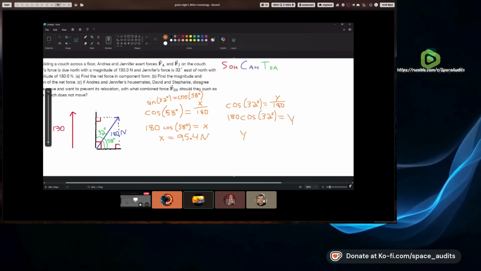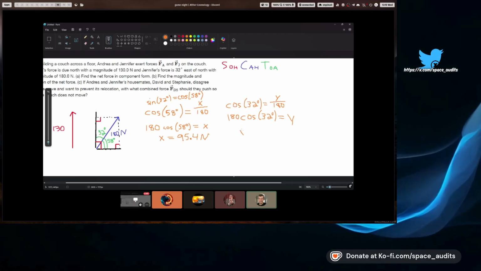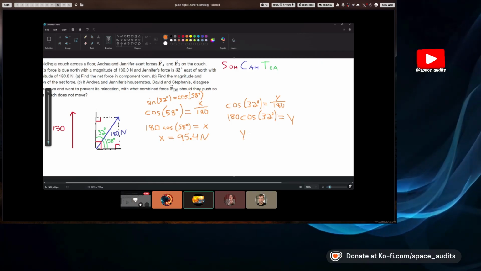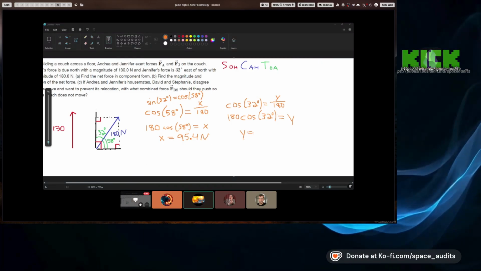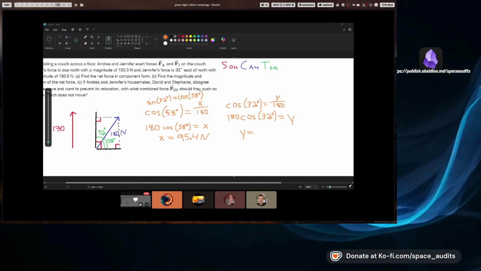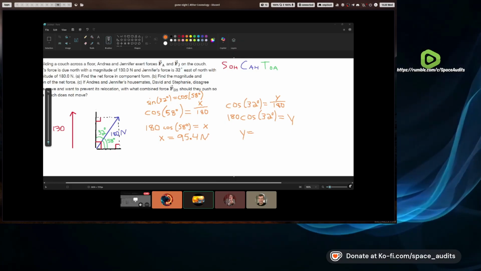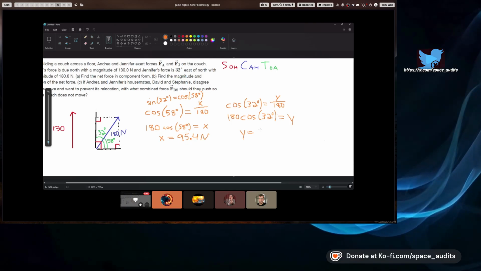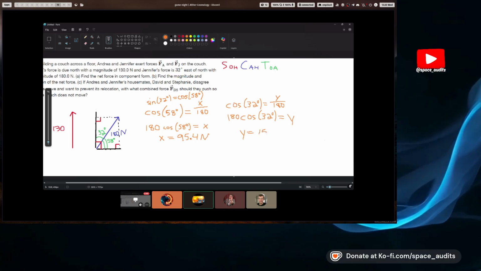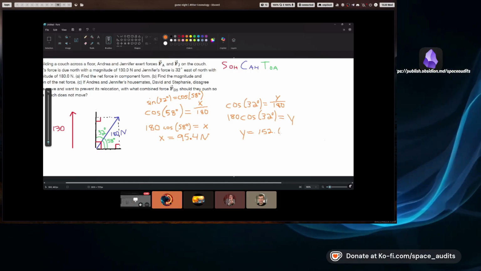Plugging this into Wolfram Alpha, 180 cosine 32 degrees equals 152.649. So I'm just going to say 152.6